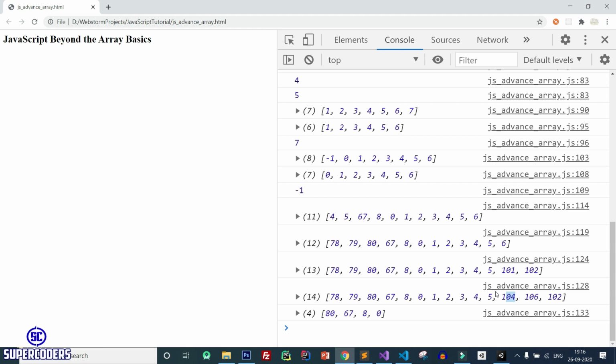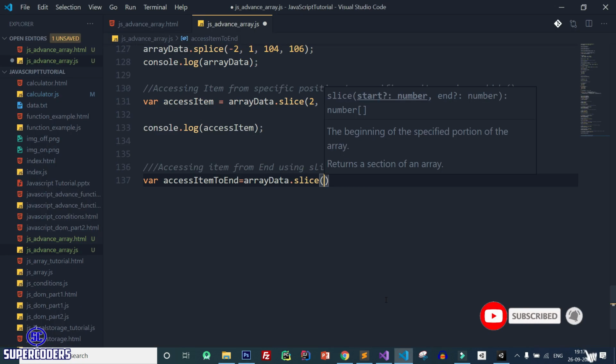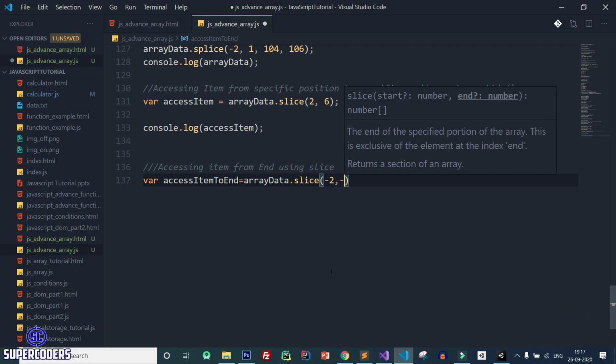If you pass a positive number, like here, if you start from negative numbers like -1, -2, -3 and pass a positive number like 0, 1, then it will not extract this number. So you need to pass the start position in minus and the end position also in minus. So here let's see, -2 and -5.